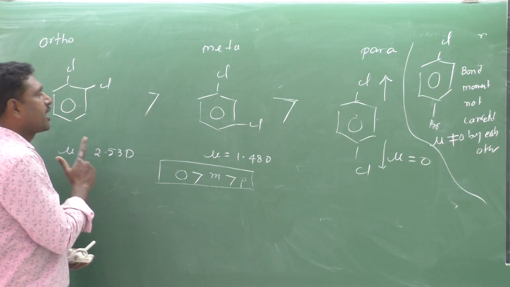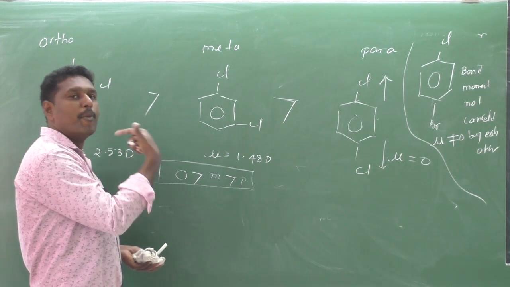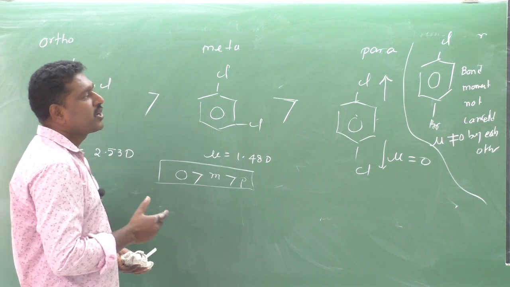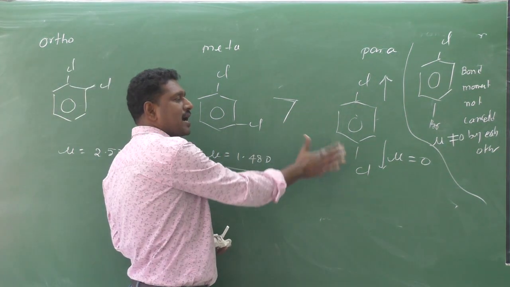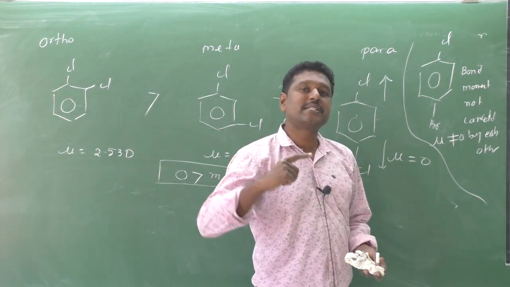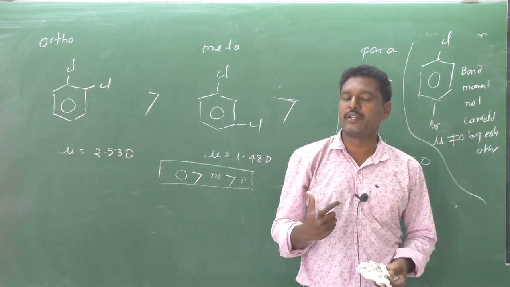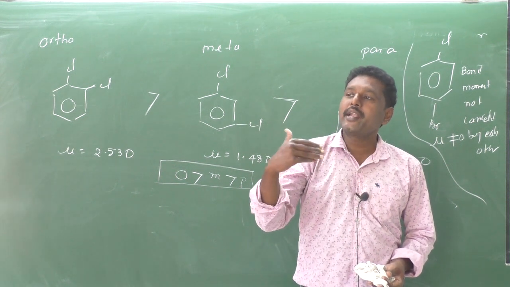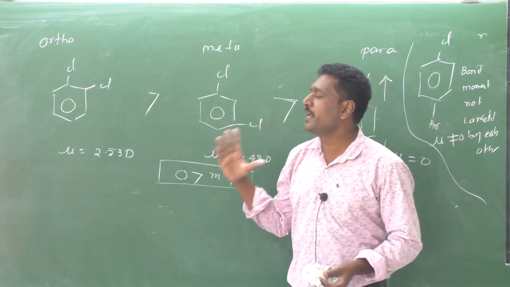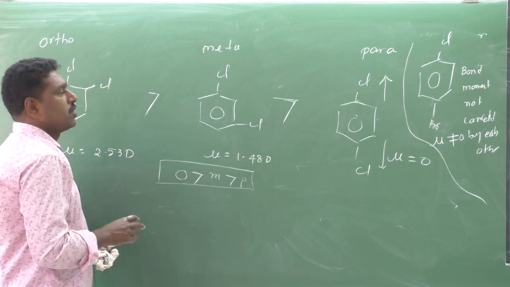So in case of ortho, meta, para isomers, the ortho isomer has more dipole moment than meta and para. In case of para, the bond moments are cancelled by each other. The net dipole moment is 0. Net dipole moment means in one direction +1, in the opposite direction -1. Therefore the net dipole moment will cancel due to both bond moments. So it is also one of the important points. So after that